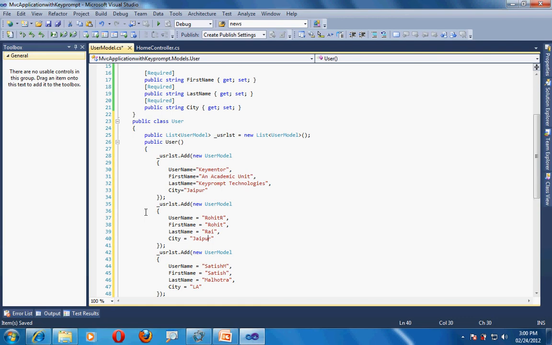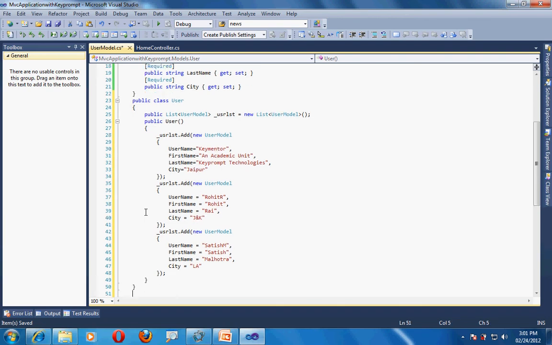Let's change this, say J and K, like this. So I have just added some user objects into the list at the time of the constructor being called by the user class, and now in this constructor here,